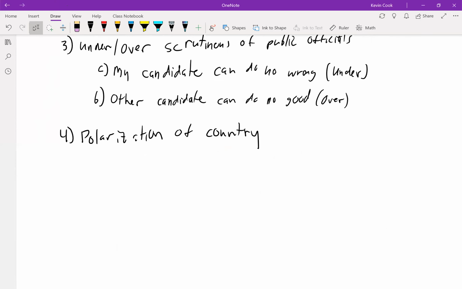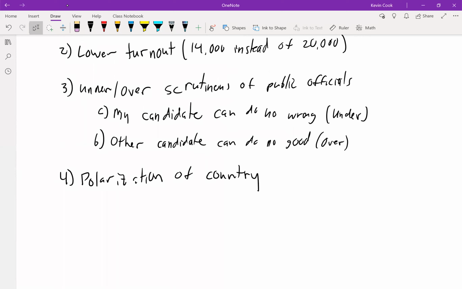Along with this over and under scrutiny, you may not remember what policies the other candidate had. And this probably goes either way. If in 2012 you voted for Obama, there's probably a decent chance you do not remember what Romney's actual positions were. Instead, you probably remember